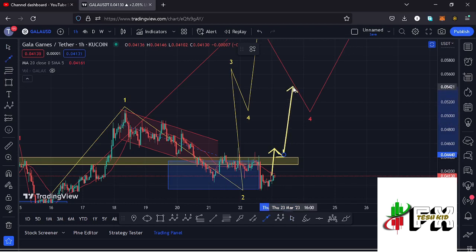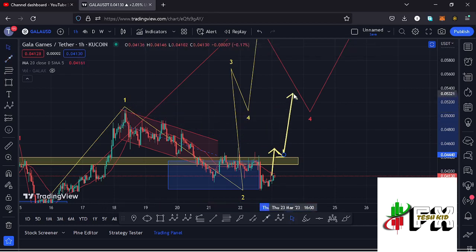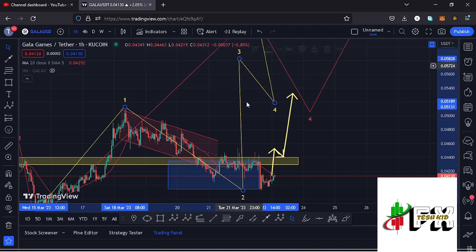And in case such a move plays out, then first I'll be watching the wave 1 high of this Elliott structure in yellow, which lies at around the $0.05099 mark, and a break above the wave 1 high will trigger even higher prices to fully maximize our target areas to the upper side in the formation of this wave 3,